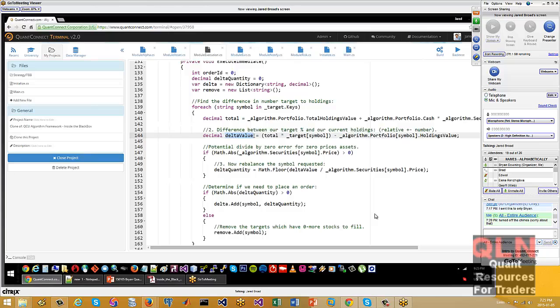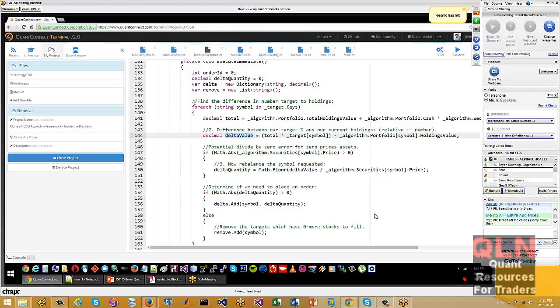If we've got a fixed amount of cash that we're working with, which we always do in reality, you've got to scale down your holdings in other symbols before you can scale up your holdings in new ones. So you first need to sell your S&P 500 before you can go long Apple. Otherwise, you'd run out of cash to do the trade.